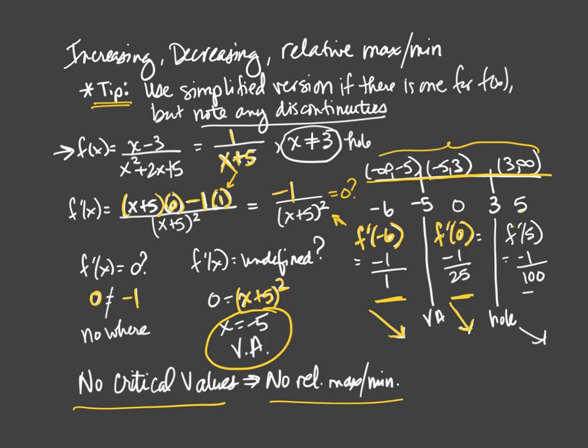And then I'm going to check, what is the sign of the derivative in the interval from 3 to infinity? Well, it would be the same everywhere, including at 5. So I plug 5 in. Again, I get negative 1 in the numerator, and then 5 plus 5 is 10. 10 squared is 100, so I am still negative. So notice what's happening here. After my vertical asymptote, I am decreasing, and then I hit the hole, and then I continue decreasing.